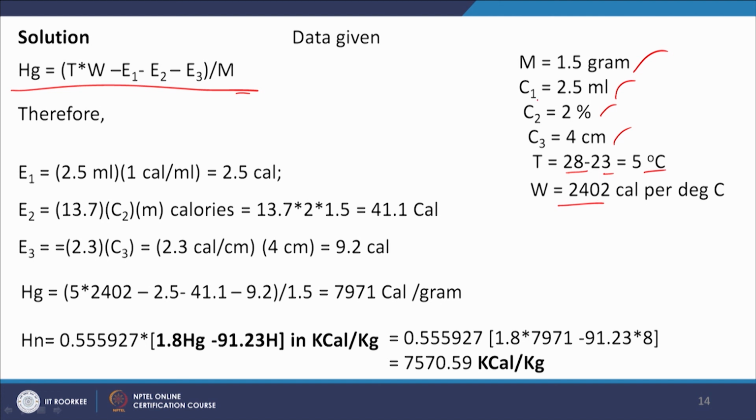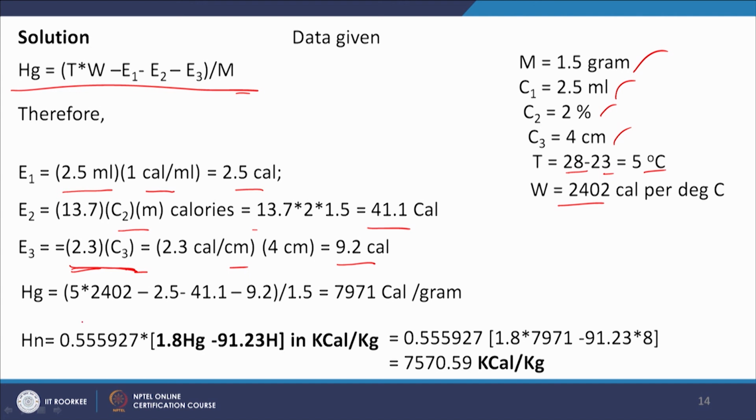So, E1 will be how much? It will be related to C1. So, this equals 2.5 ml into 1 calorie per ml, so 2.5 calorie. Then E2 will be 13.7 into C2 into M calories, that is equal to 41.1 calorie, and E3 is 2.3 into C3, that is equal to 9.2 calorie, because